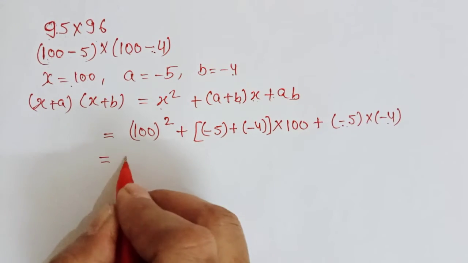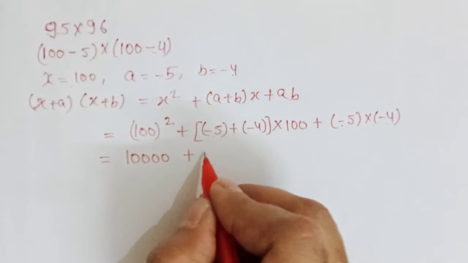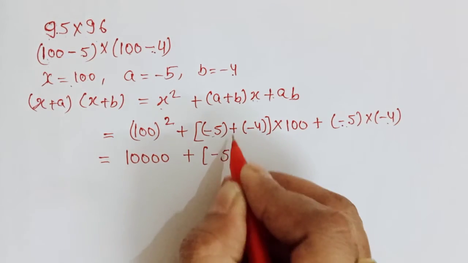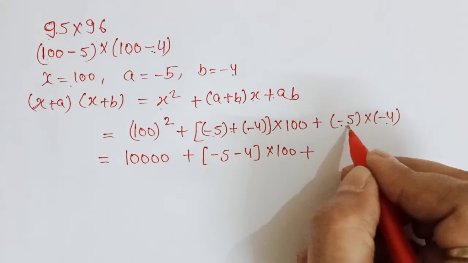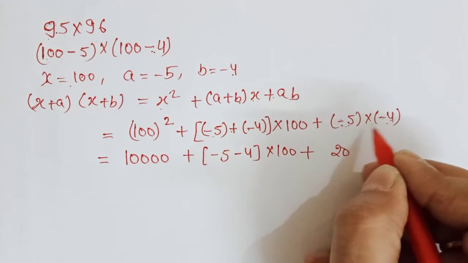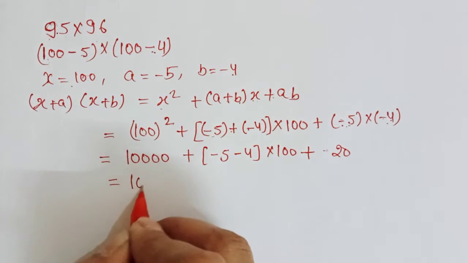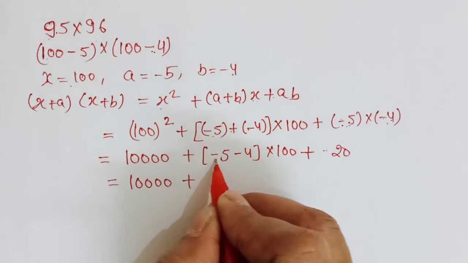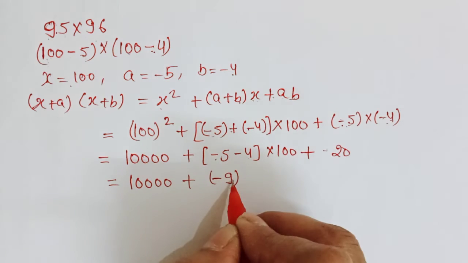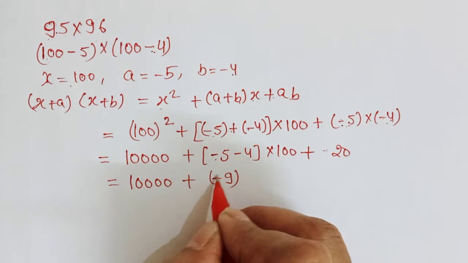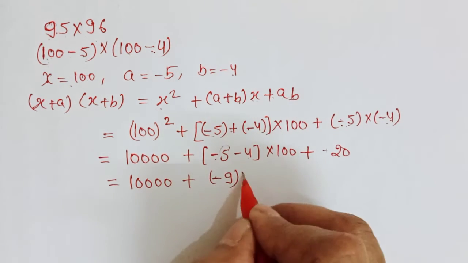Now expand it. 10,000, minus 5 and minus 4. Open the brackets first. Plus, minus minus into 100, plus 5 4s are 20, and minus minus will become a positive sign. We have no need to write this positive sign here. Now minus 5 and minus 4 will become minus 9, because here you add 5 and 4 to get 9 and write the sign of the greater number. The greater number is 5 here and it has a negative sign. Multiply by 100